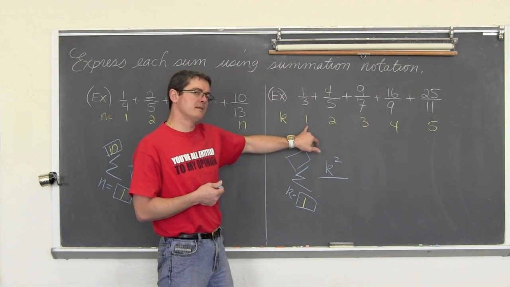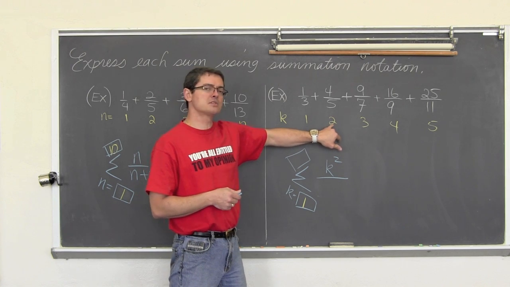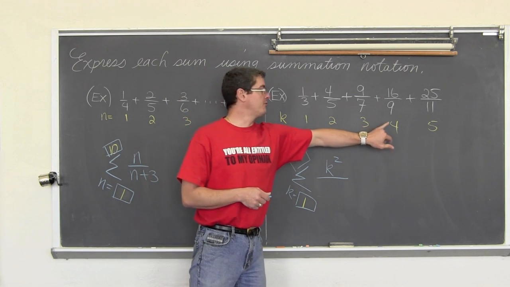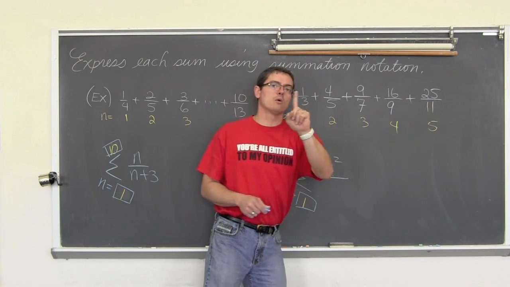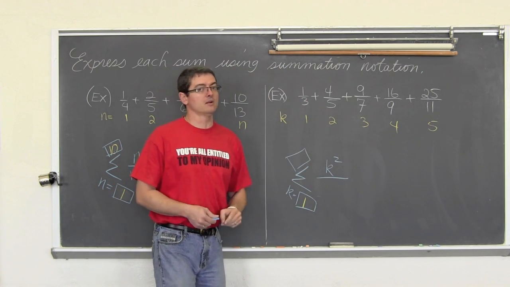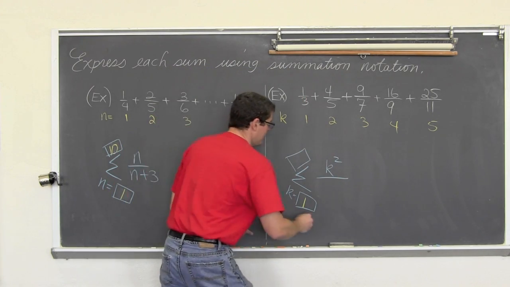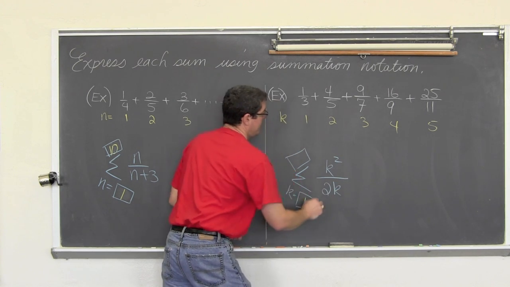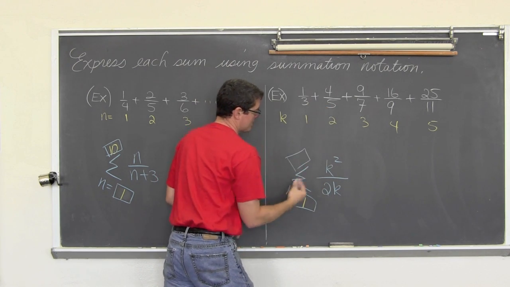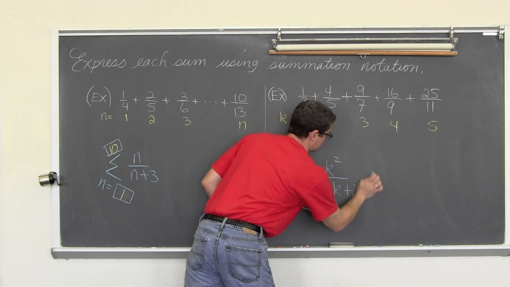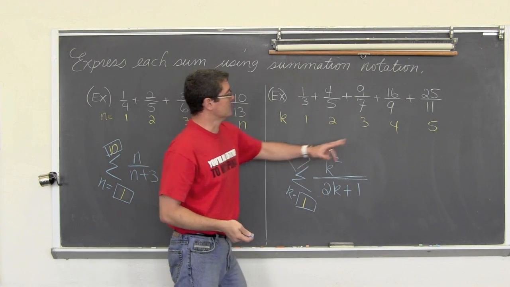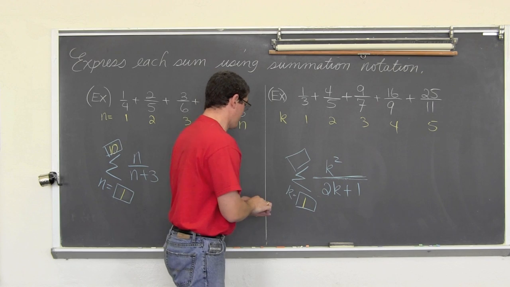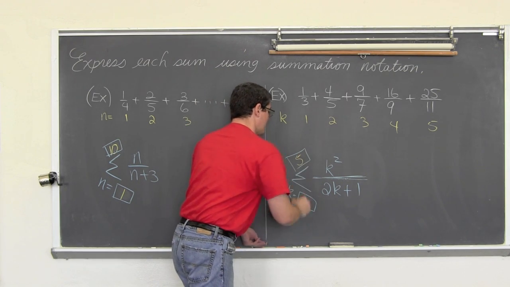How about what's 1 times 2? 2 times 2. 3 times 2, 4 times 2, 5 times 2. If we double all these values, we're 1 unit away from this denominator. So, our denominator is going to be 2k, and then it was all just 1 shy, so how about 2k plus 1? And 5 squared is 25, so our upper index value, our upper limit is 5.